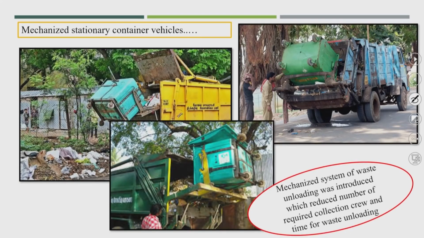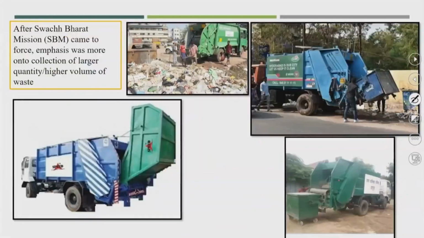See here, the mechanization system had been started. Now, after Swachh Bharat mission, this same stationary container system had been changed into compactor vehicles. You can see some of the photographs of these vehicles, because earlier the vehicle volume was very small, and the vehicle used to collect only 1 ton, maximum 2 tons of waste in a trip, and it